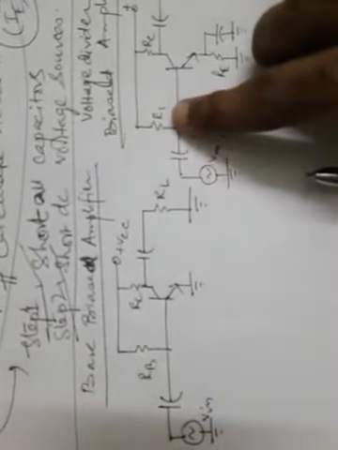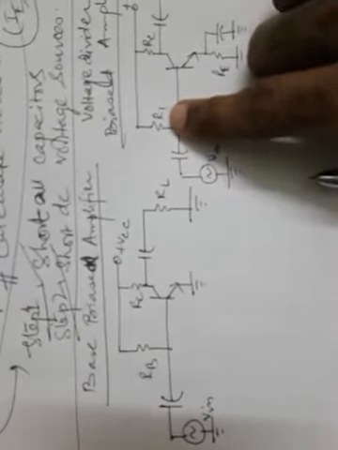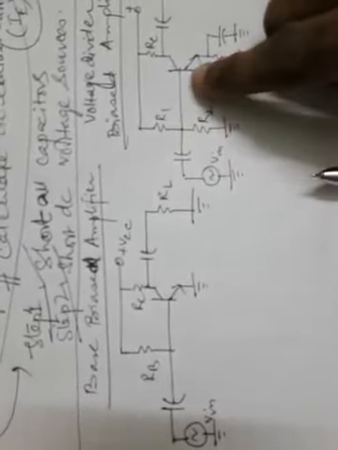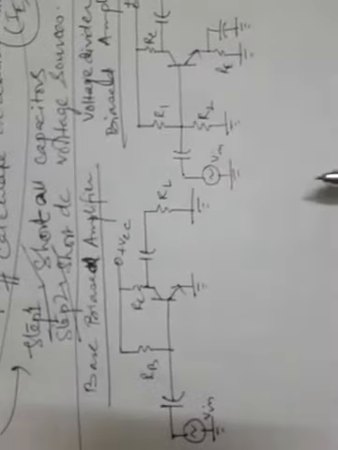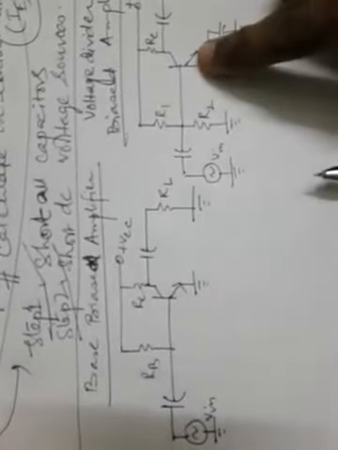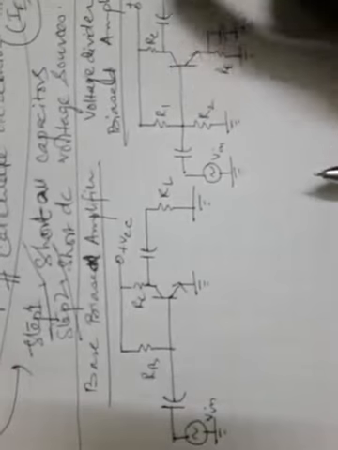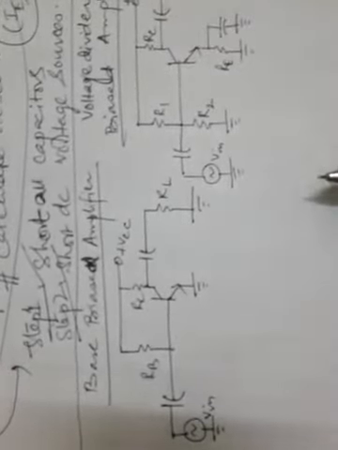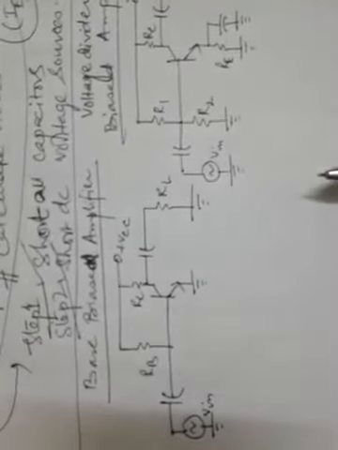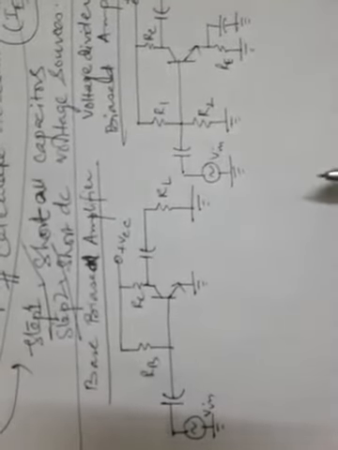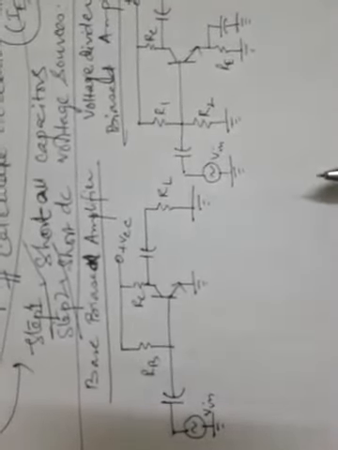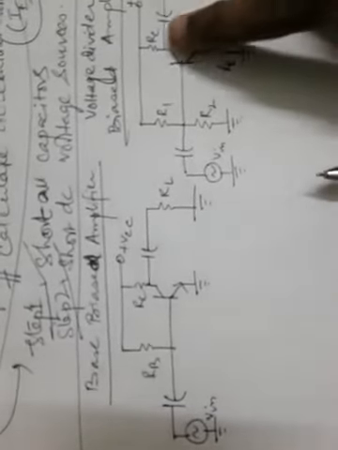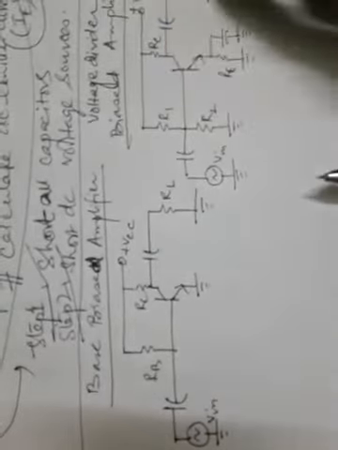That means this voltage will be appearing across this R1. R1 and R2 will be in parallel, along with the input impedance of the transistor, which is beta Re dashed. In the output circuit, that means at the collector side, the current source, which is there in the pi model or T model, will supply an AC current of IC, small IC, through this resistance parallel with this load